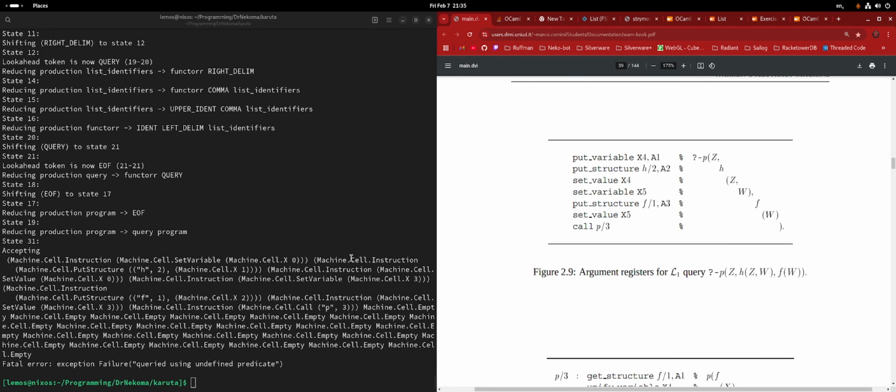Okay, let's see. So what the heck's going on? It's already wrong, but it's wrong because we made the change. Queried using undefined predicates. Wait, where? Oh, right. We forgot.